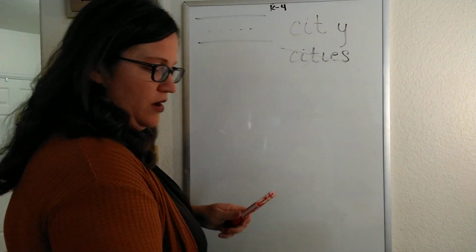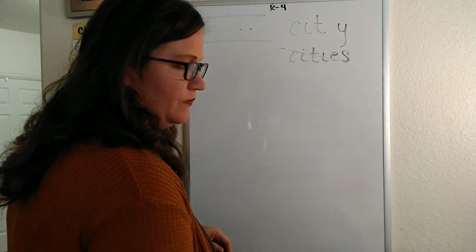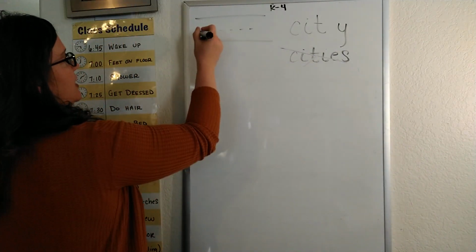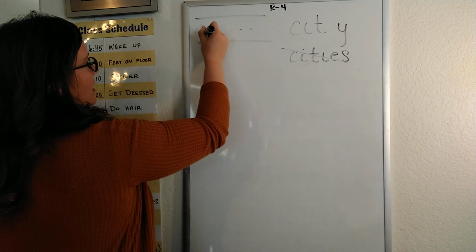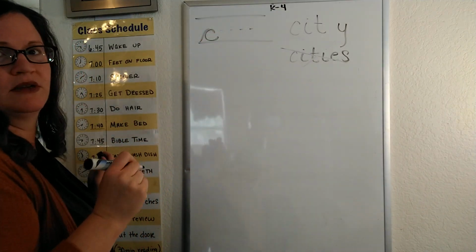So for our cursive, C is a clock letter. Stop at 2 o'clock, come back around to baseline. Can you see that my pen